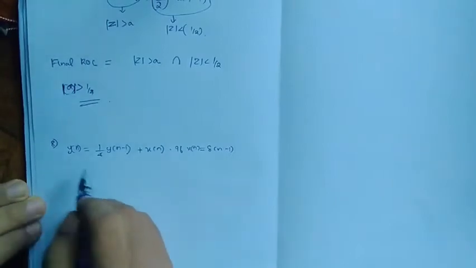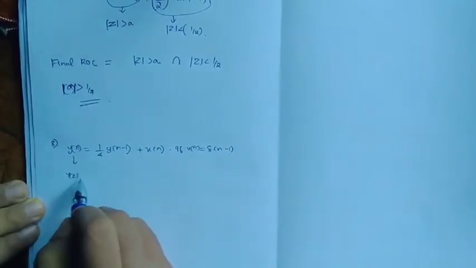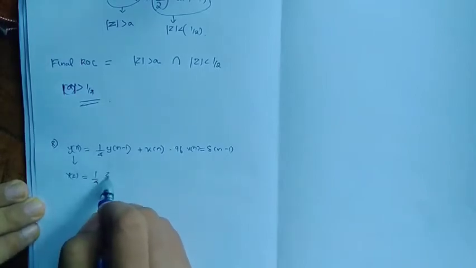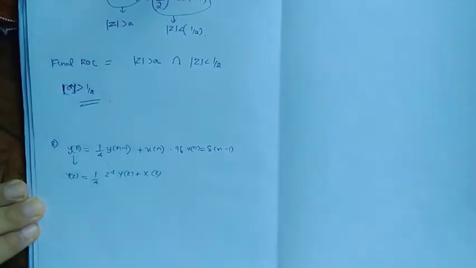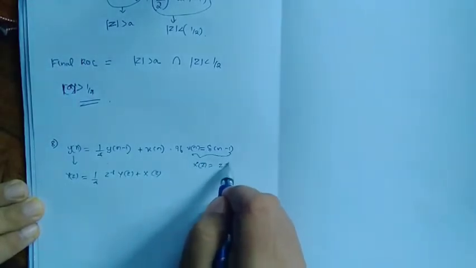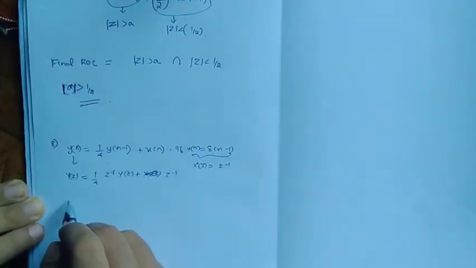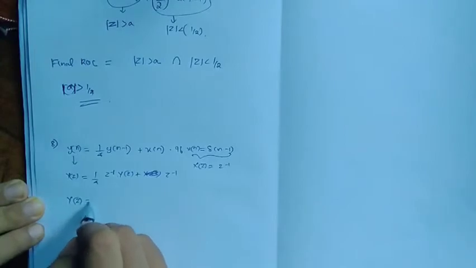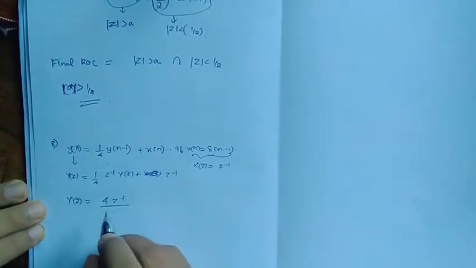Okay, for that I am just going to find out the z transform. So this will become Y of z equal to 1 by 4 into z raised to minus 1 Y of z plus X of z. So instead of X of z, it will be equal to z raised to minus 1 only. So I am going to write z raised to minus 1. From here I can get Y of z equal to 4 into z raised to minus 1 divided by